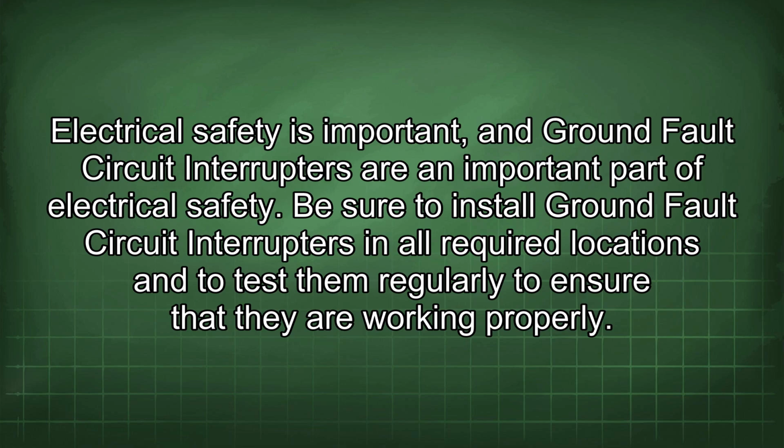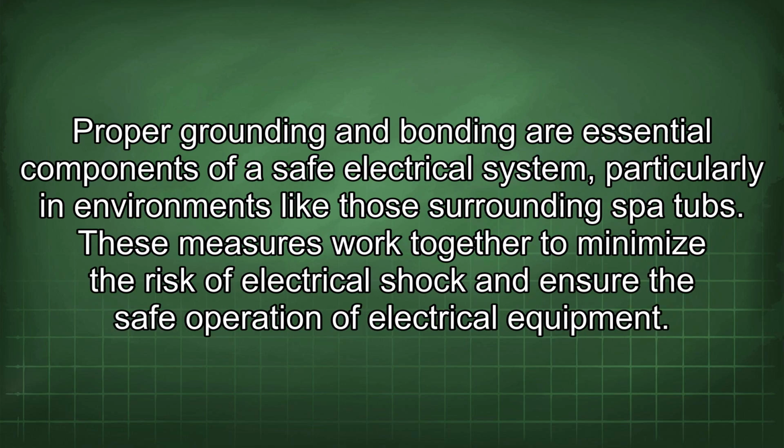Electrical safety is important, and ground fault circuit interrupters are an important part of electrical safety. Be sure to install ground fault circuit interrupters in all required locations and to test them regularly to ensure that they are working properly. Proper grounding and bonding are essential components of a safe electrical system, particularly in environments like those surrounding spot hubs. These measures work together to minimize the risk of electrical shock and ensure the safe operation